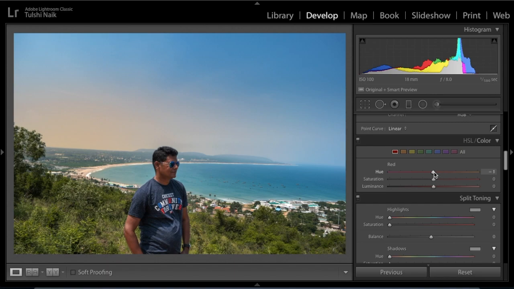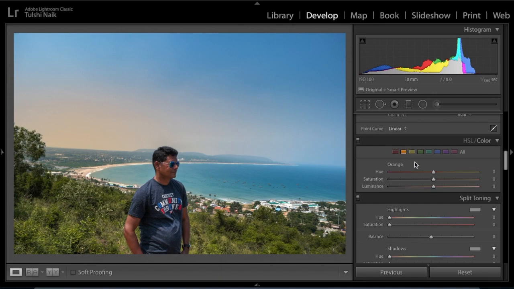Now let's go on to red. So for this red, primarily I'm going to look here. As I change the sliders of red, I'm going to look at the skin tone. The skin is a little bit orange, so if I slide it over here, it will make the skin look more orange, which is unrealistic. So I'll just slide towards purple till we get the realistic skin color. I think this is looking better. Reduce the saturation a little bit and brighten this a little bit up.